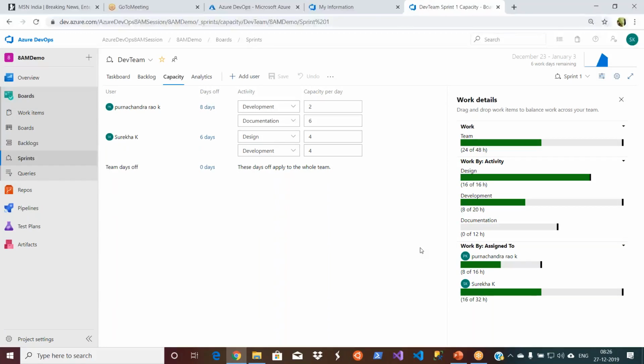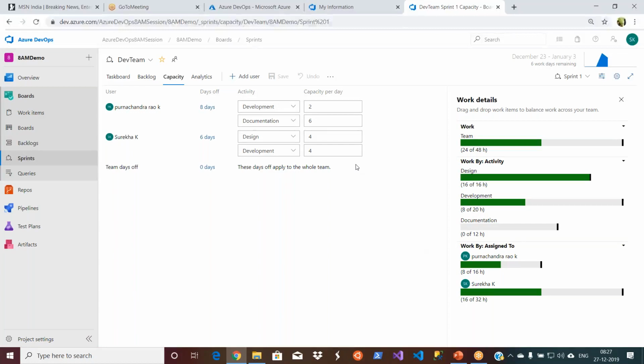The problem here is that in reality you don't have these tools, you have to calculate. But here you have this visualization, right? This is what is catchy for any management. The moment they see red, they will panic. The moment they see green, they will be happy. So that's why big companies encourage using tools for planning or tracking or any kind of activity. So that's the capacity planning.